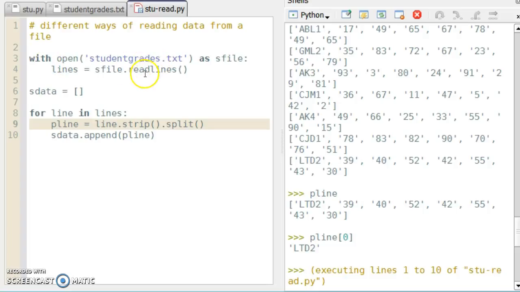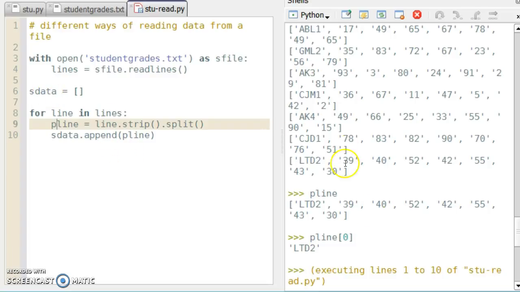I've read the data in from the file, and then the file is closed because we're using the with as keywords, commands to deal with the file. And then I'm going through each of the lines and then getting rid of the new line character, splitting on the tab character, and then I'm adding that data